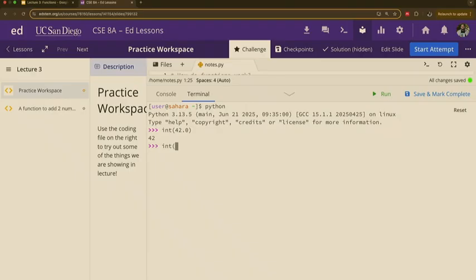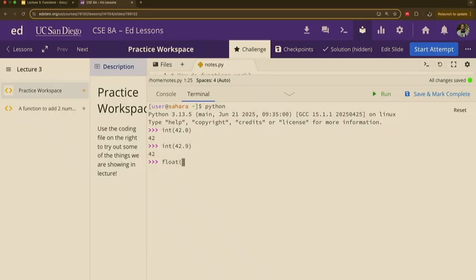What if we want 42.9? What's going to be the answer here? 42. Boom. 42. Because, like we said before, when Python gets a float and you want to make it into an integer, it's just going to say, great, I'm going to look at the decimal point. I'm going to ignore anything after it, right? We're not rounding or anything. We're just going to grab it and remove it, okay?